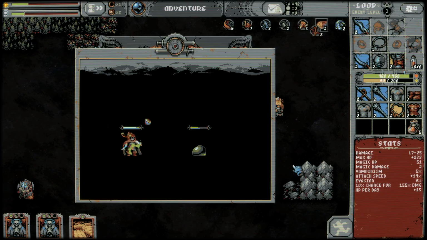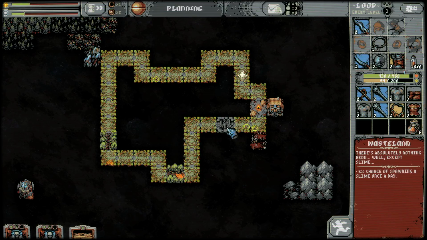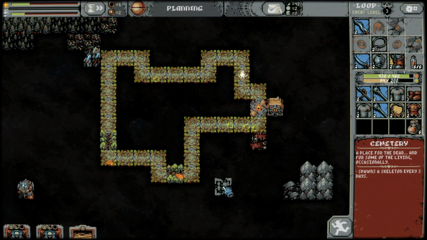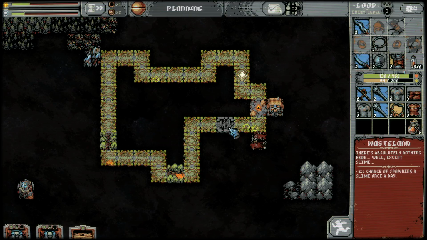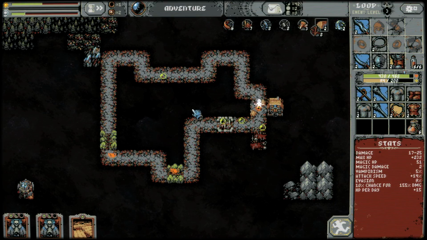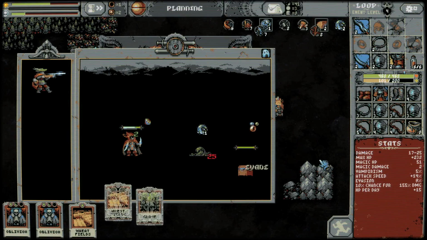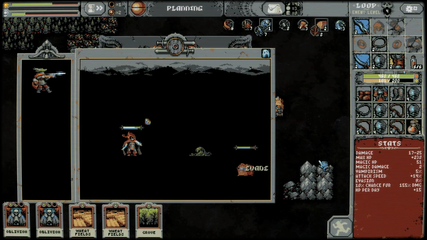Like, oh, is it a village? Well, I think we're gonna pop. I think popping a cemetery there will be okay. We can put another battlefield like there. Oh. We are just gonna pop this on planning mode. I kind of hope that